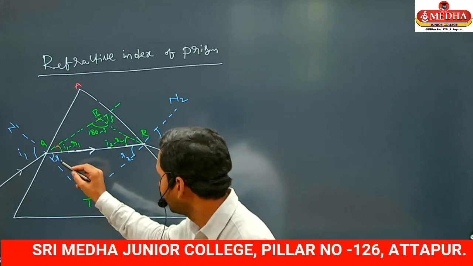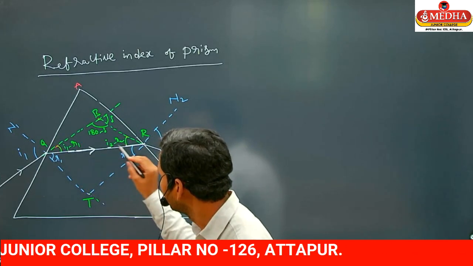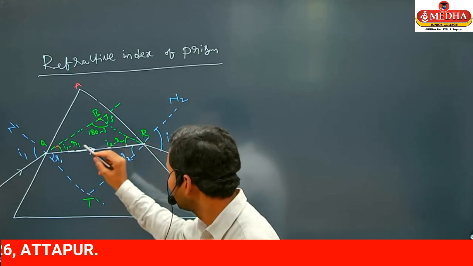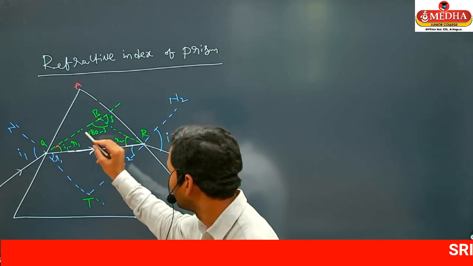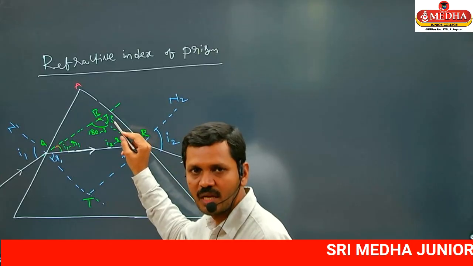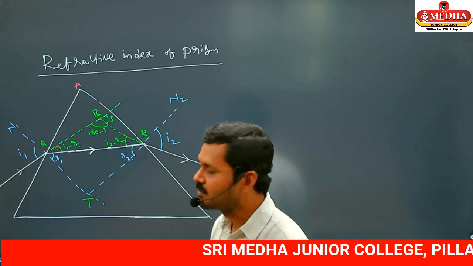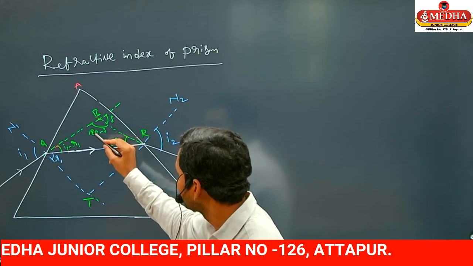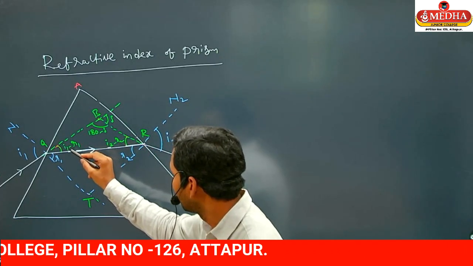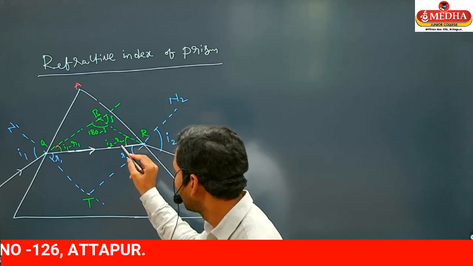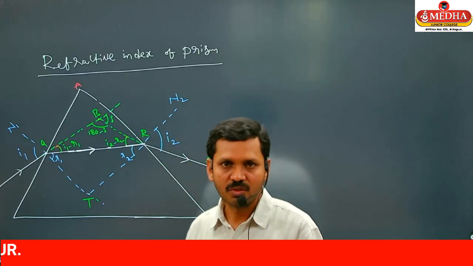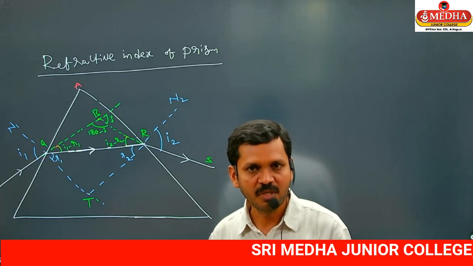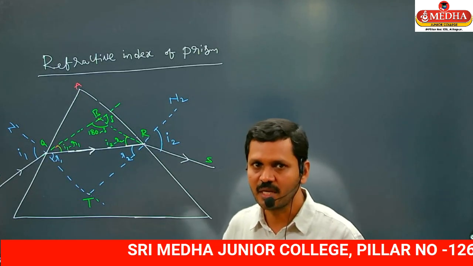Here the angle of refraction at the first surface is R1, and at the second surface is R2. The emergent light ray and the incident light ray directions are both extended, and this delta is the deviation of the light ray. This whole angle is 180, and this angle is 180 minus delta. Here it is I1 minus R1 and here I2 minus R2. This is the incident light ray, the refracted light ray inside the prism, and the emergent light ray from the prism. So this is the diagram.